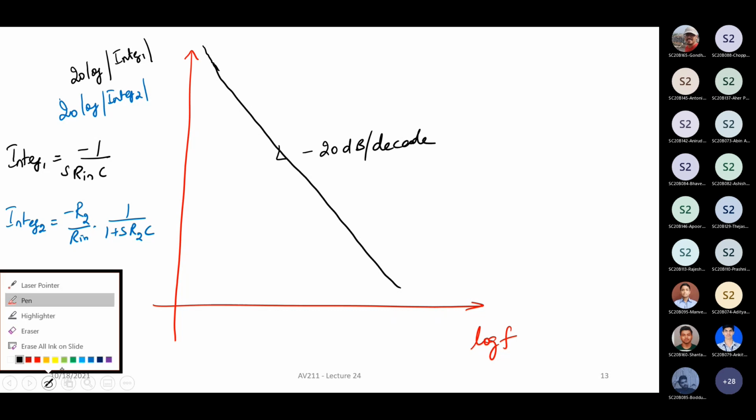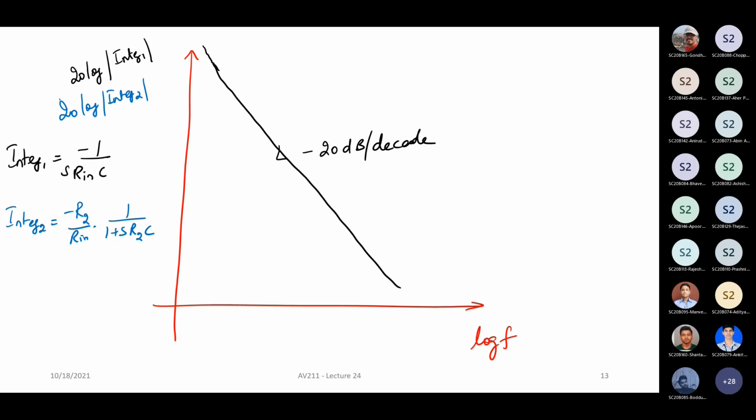As you keep expanding the x-axis on the left-hand side, it will just keep going up and up, right? Now, whereas for your second integrator, which is having the transfer function of 1 by R2C, let us say your 1 by R2C is here. So basically it is going to be like this. Okay, just assume these are lying on top of each other. So both the integrators act as integrators in this region, in the sloping region. Beyond this point, both act as integrators.